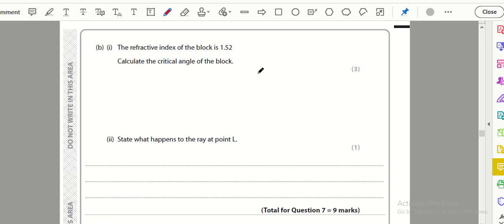Refractive index of block is 1.52. Calculate critical angle of block. We have that sin C, where C is the critical angle, is 1 over n, so C is equal to sin⁻¹ of 1 over n, so it's equal to